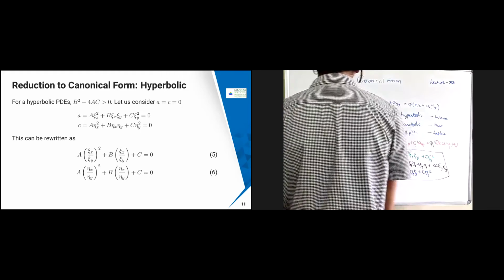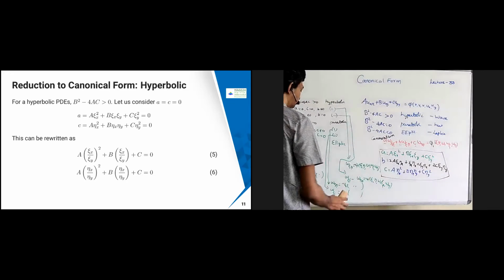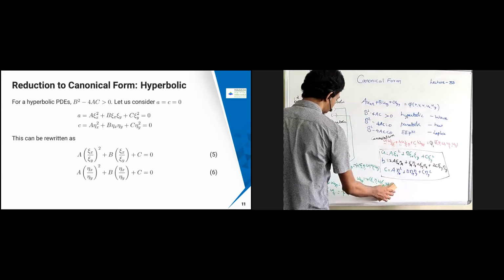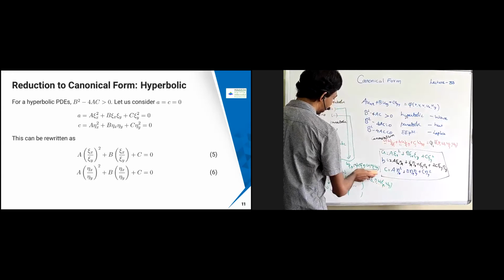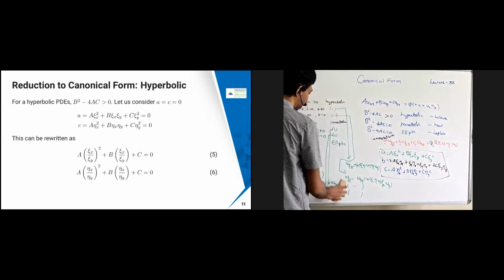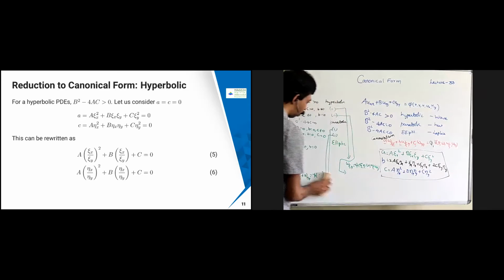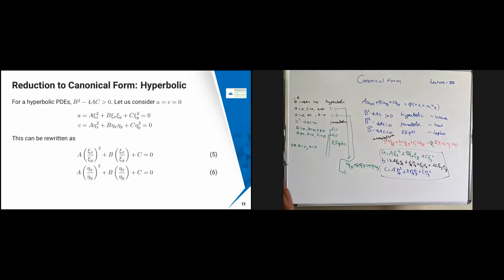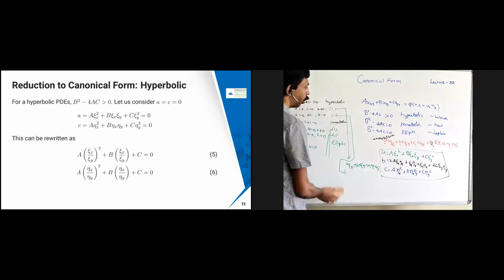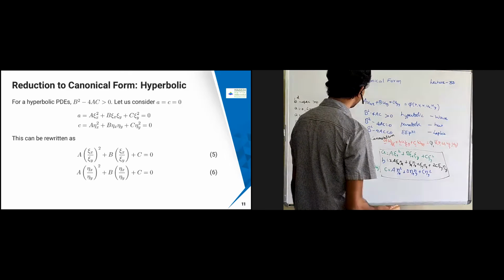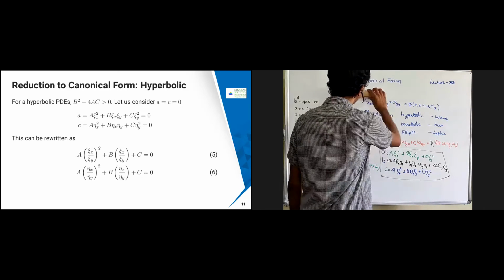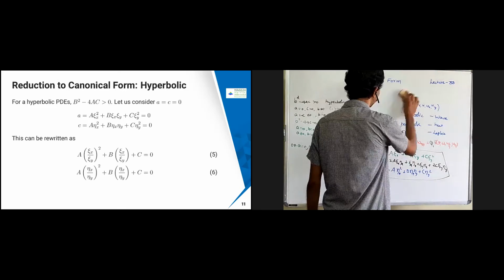So let's take the first case. If I take the first case, I've got to get the equation of this. Let us see. So case number 1: A equal to 0, C equal to 0. Just remember this. I am just going to erase this, and this one also, and then we are going to do that.